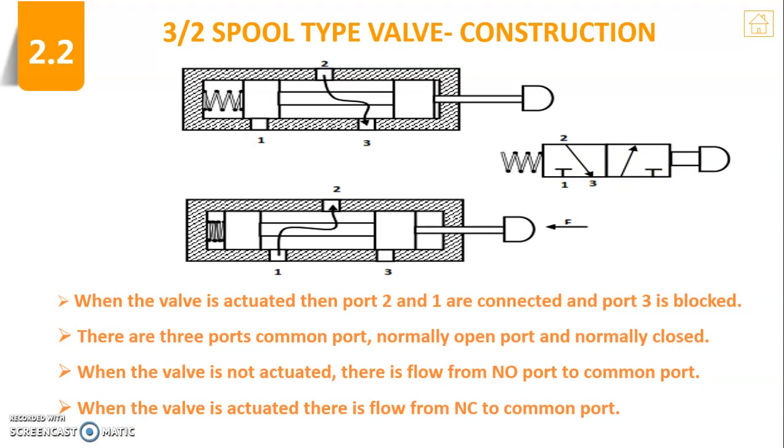The only difference is we have 3 ports and 2 positions. You just see here it is port 1, port 2 and port 3. Commonly the odd numbers are denoted on the downside, which is meant as the input side, and the even numbers are denoted on top, which is meant as the output side. So the power generated will always be connected with your port 1.